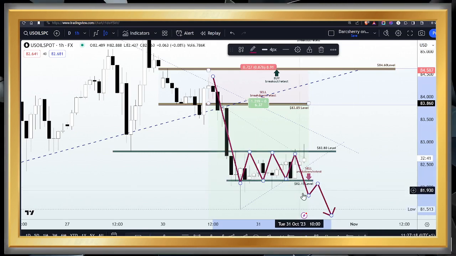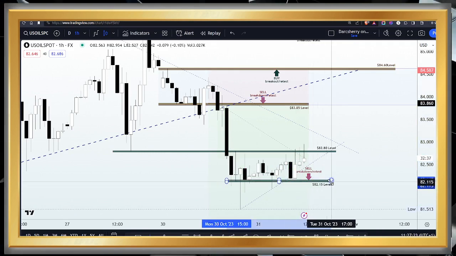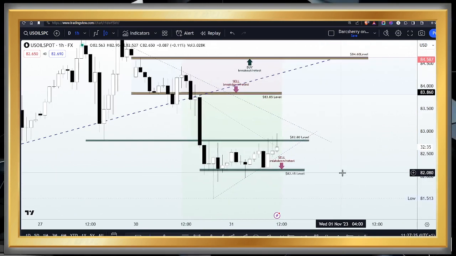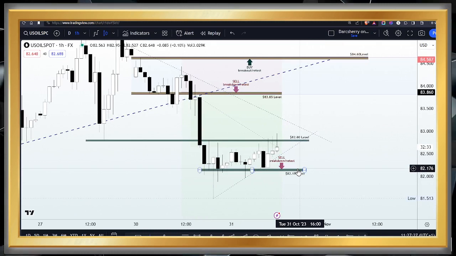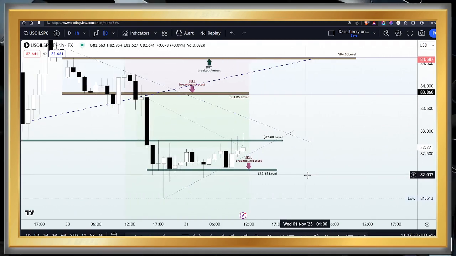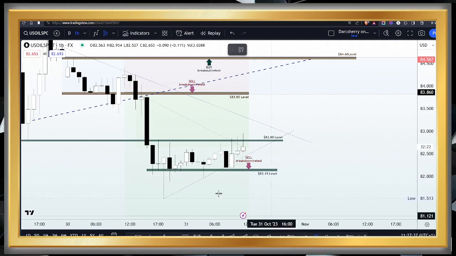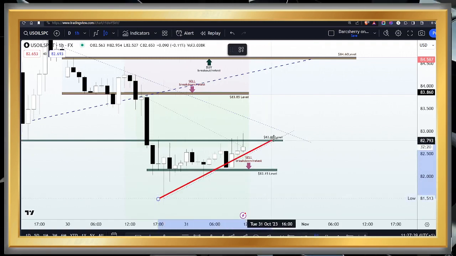So what I'm simply saying here is that the only condition that will make us join the downtrend continuation, based on the current structure we have here, is to see price break down the $82.15 zone. Now, to further emphasize the potential the sellers have here, you will see we also have this ascending trend line,